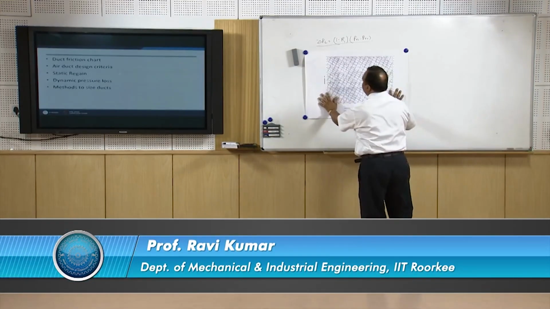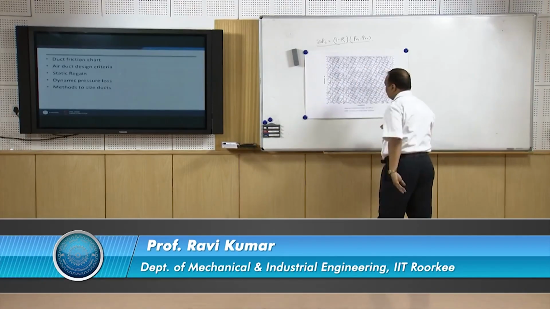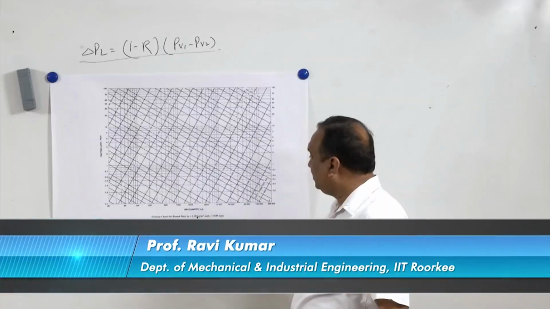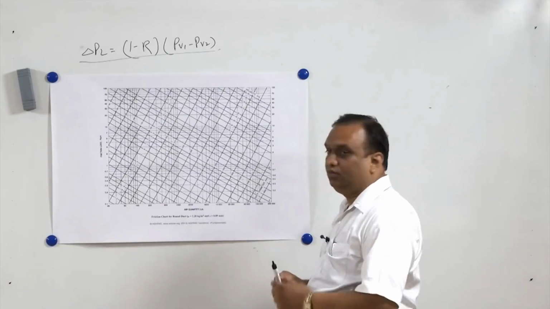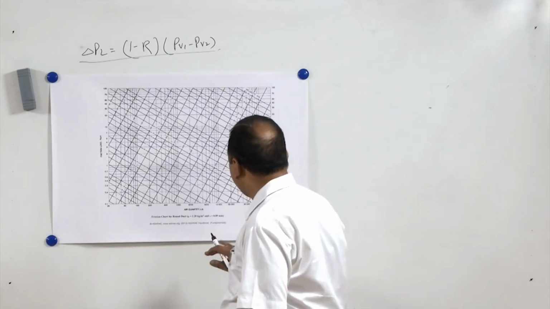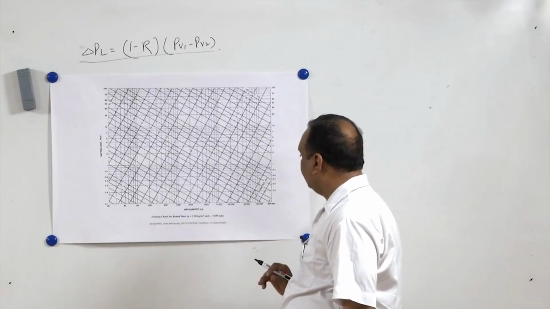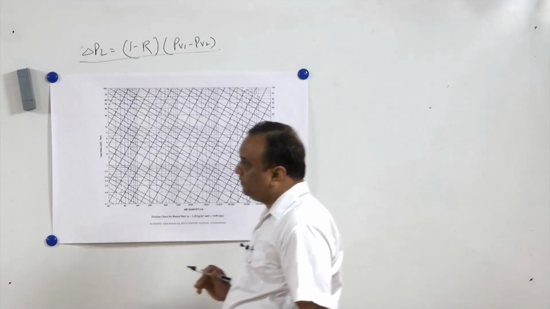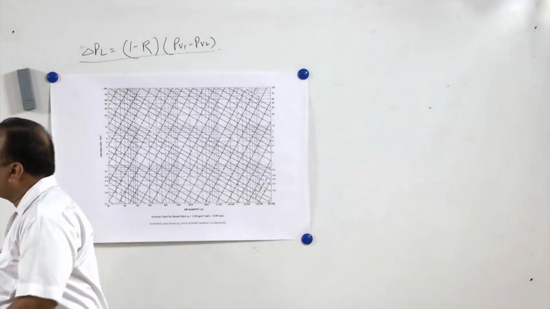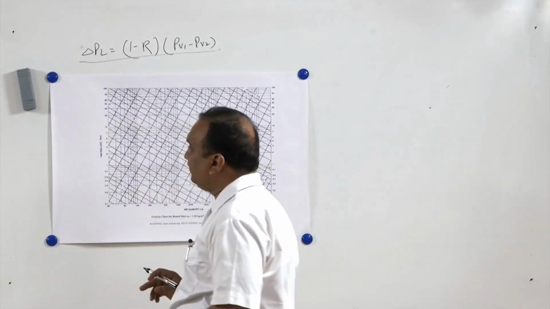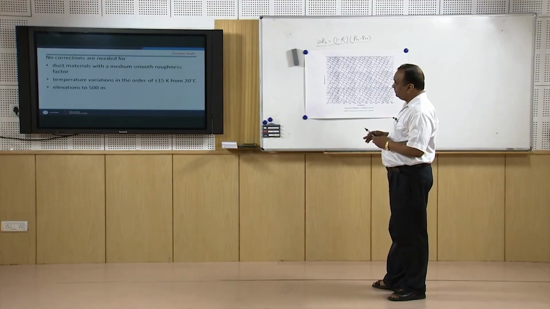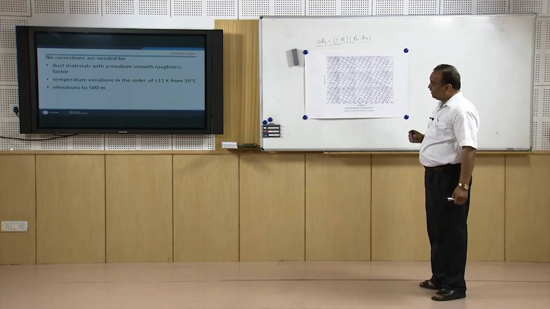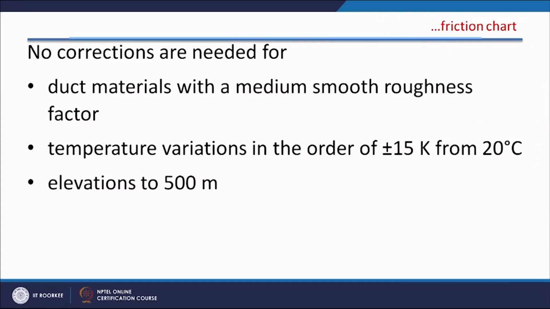In this duct friction chart, this is the actual duct friction chart prepared for a round, circular duct, air density 1.2 kg per meter cube, and the roughness of the duct is 0.09 mm. Now, in this duct friction chart, no correction is needed in the values